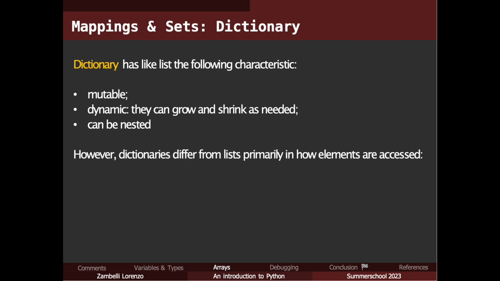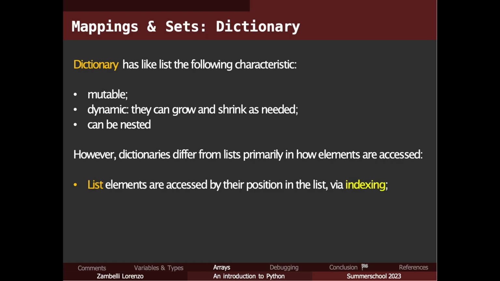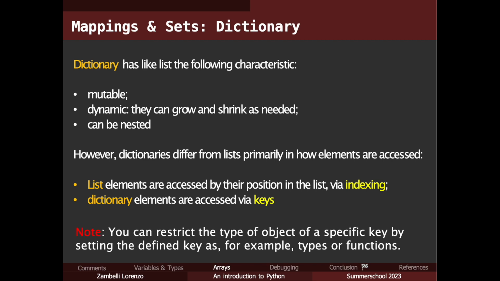The main difference from lists, because they're really similar to lists, is, as we've seen in the previous slides, that lists are accessed through indexing, while dictionaries are accessed through keys, which means that to call a dictionary element, you need to use the key element and not 0 or so on. So if you give the name key, as we said before, to A, you need to write D square brackets A, and the element corresponding to A will appear.